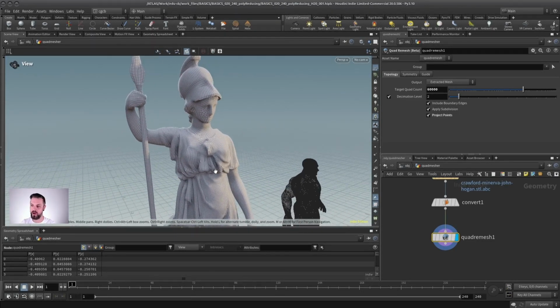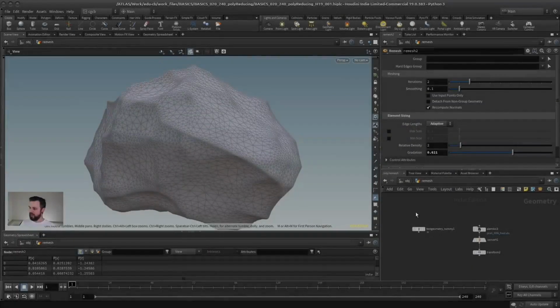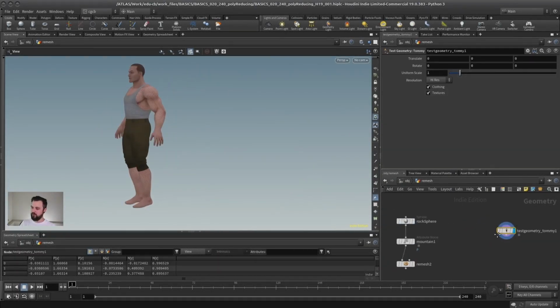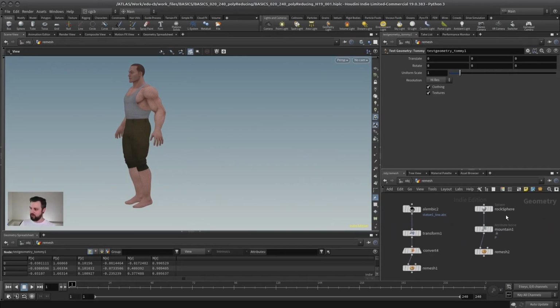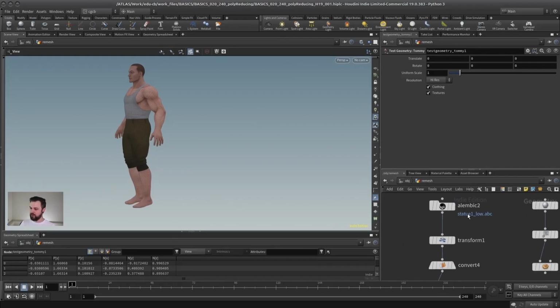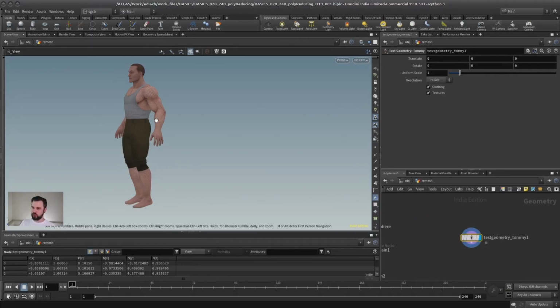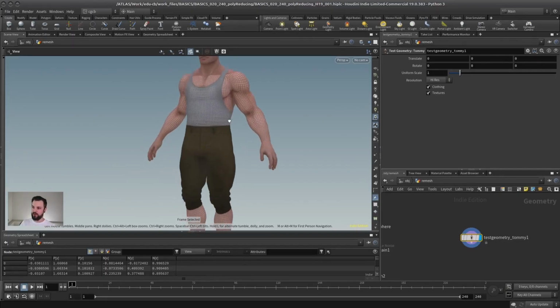Just be aware when and when not to use it. And then another example of rebuilding stuff is when you have more than one object. What I mean by that is, for example, the statues that we saw so far were always one thing, one closed geometry. But sometimes, and Tommy is actually a good example for this, you have geometry that is